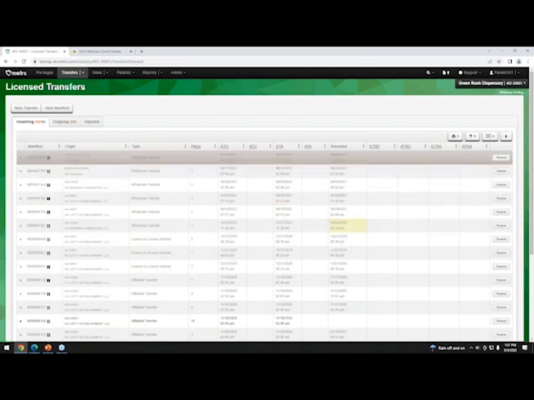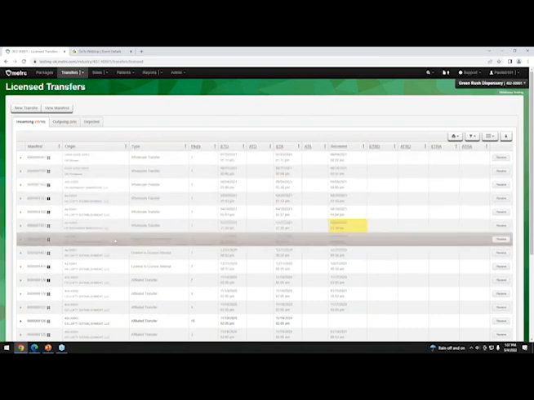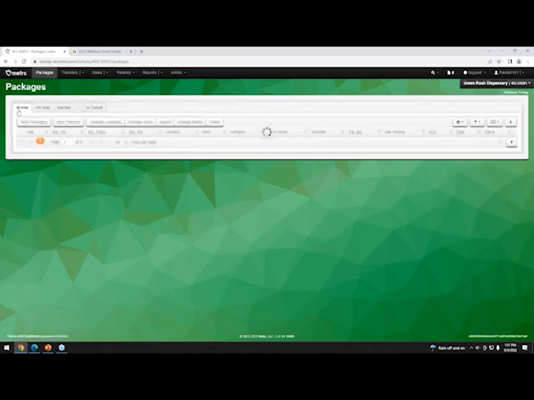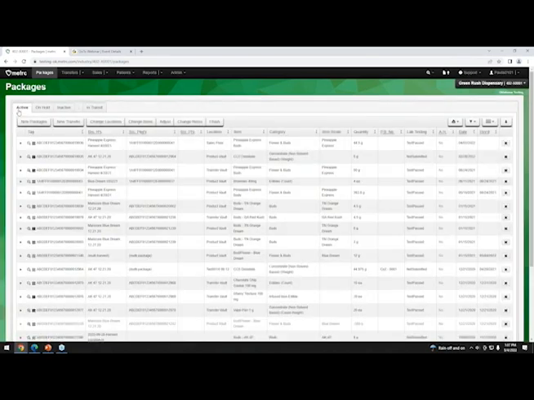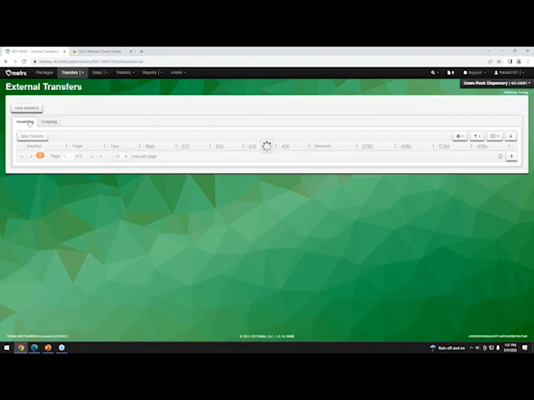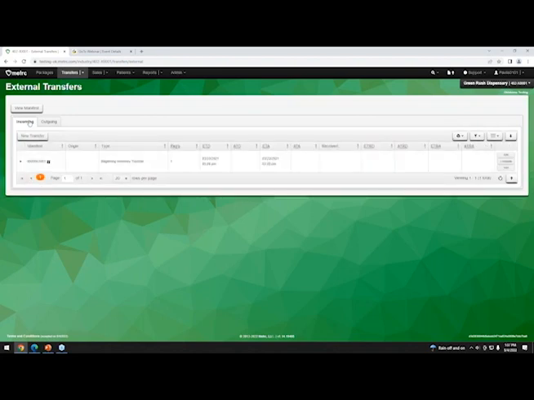You notice that that's now grayed out. And if we go to our packages, you will see that item there now. All righty. Last thing we'll touch on with transfers, we'll talk about external transfers. If you are bringing in product into Metrc, you'll have to be using the external transfer process. So you'll go to transfers, you go to external, you'll go to incoming, and then new transfer.